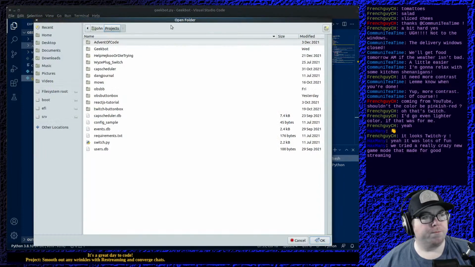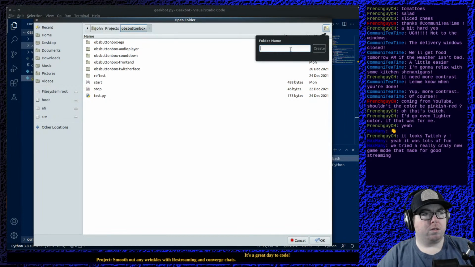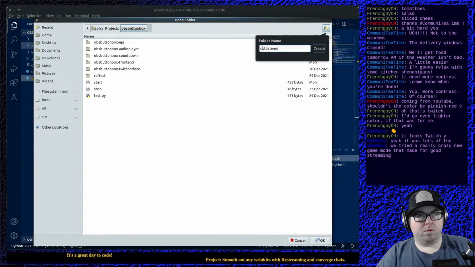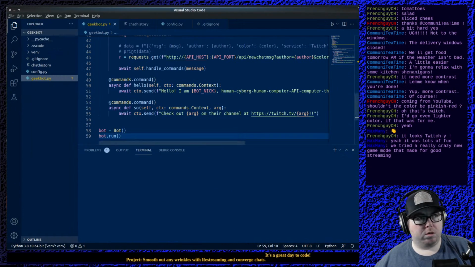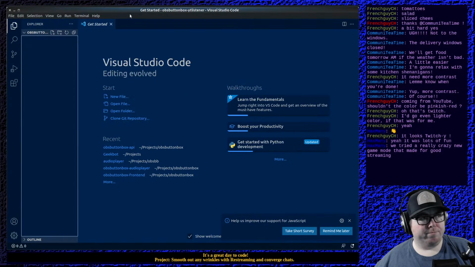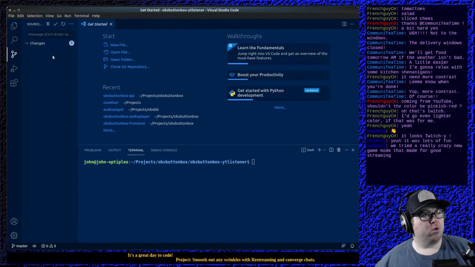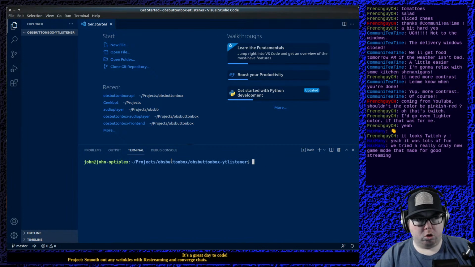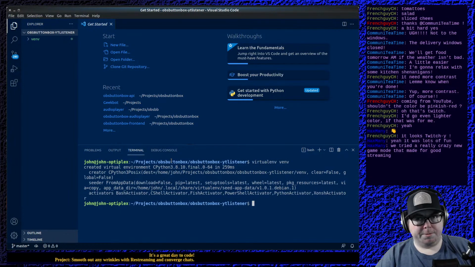We're going to go open folder. In our projects, we're going to do it in OBS button box. We're going to call it OBS button box YT listener. All right, we're gonna open that one up and start with the terminal here. And we have a, initialize repository, and there. So in our terminal, virtualenv VM. All right, so we're going to start with source VM bin activate